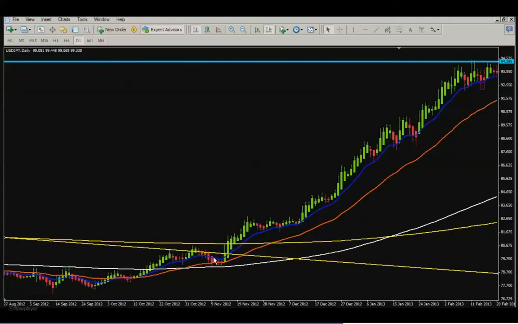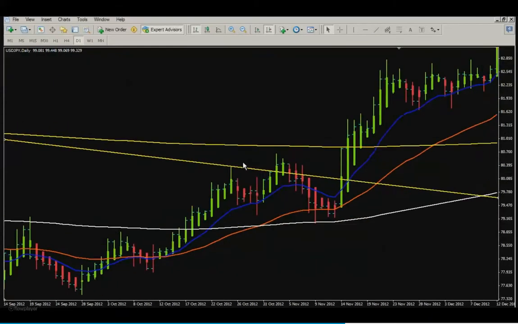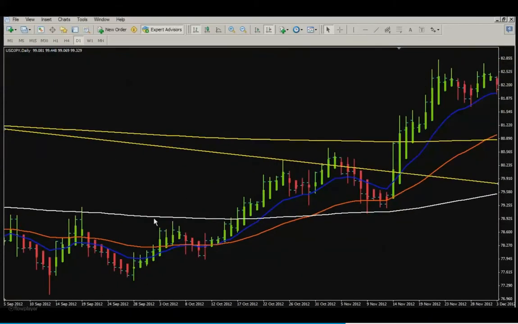Here's your trend line. You see the price on the daily chart. I will zoom it in a little bit. 1, 2, 3s, higher highs, higher lows. The price, you see a crossover of the 12 and the 36. The price moves higher,